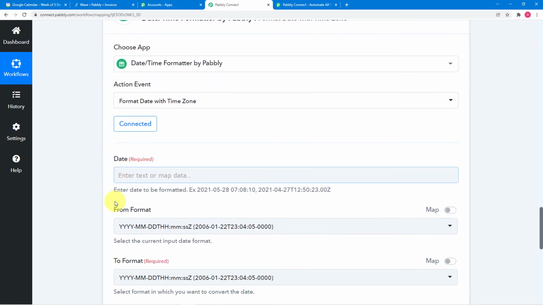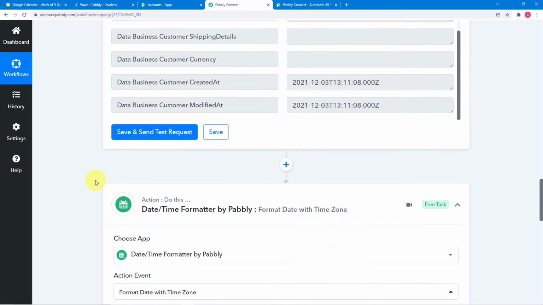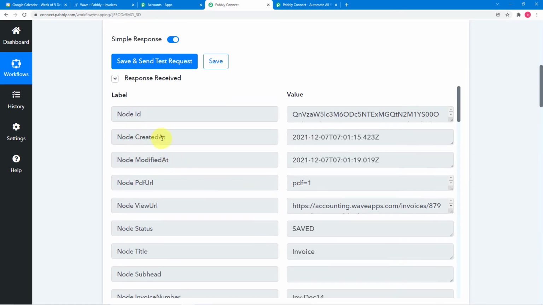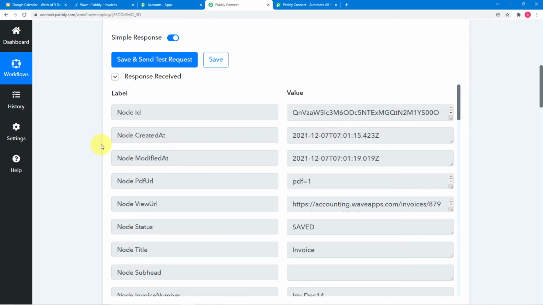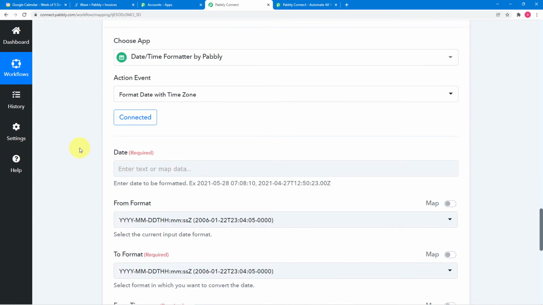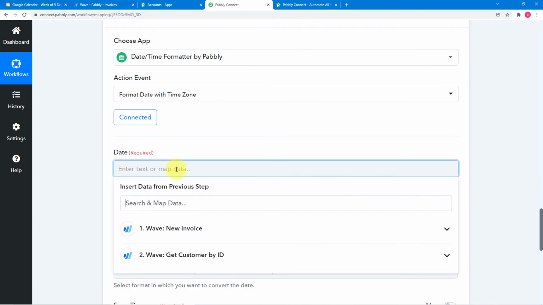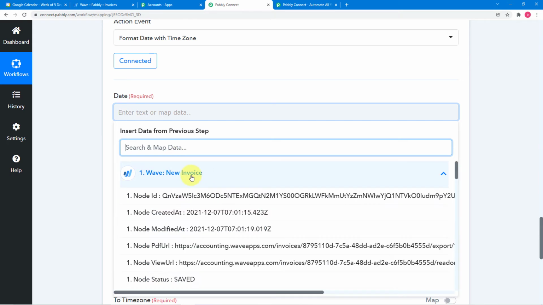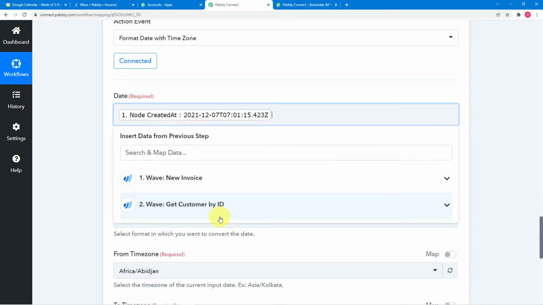and here in this date field we are going to map the date which we got in the first step like this. You can see the created at, so it is showing when our invoice got created. So this is the date and the time. Okay, so we are going to map this here in this step, date time formatter. So click on this field and you will find these two options here. So click on the first one, Wave new invoice, and here you will find the created at date. Okay,